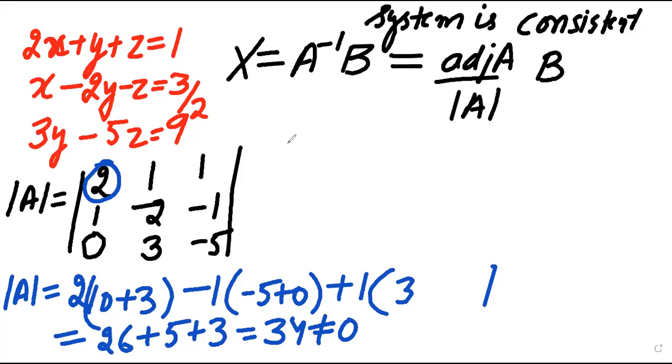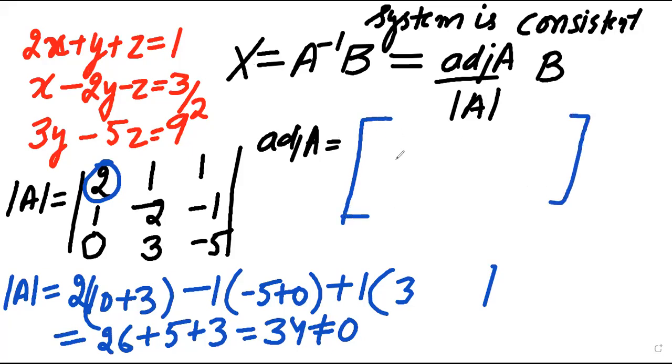So here, adjoint of A. How to find adjoint of A? Take the values here and take the transpose. Okay, first what will we do? The values, and adjoint you always find in matrix form. First change the sign of these, and then find the cofactors. Now what will we do here? Let us find out the cofactors.